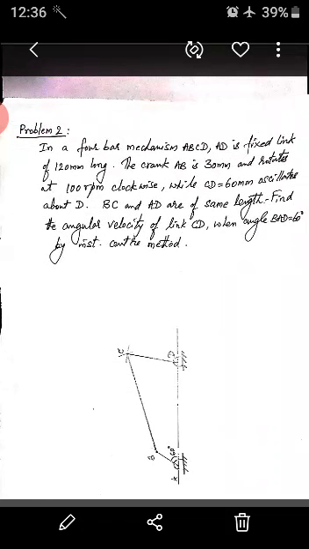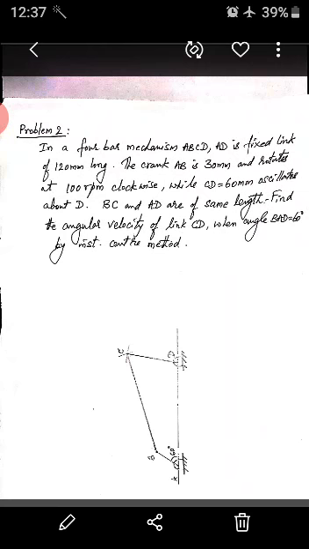Then keep the compass at B and draw an arc of 60 mm. Take one more compass, keep it at point D, and the length of CD is how much? 60. 60 means you take 30 in your compass. When these two compass arcs meet, you will get point C. So to draw the space diagram, you should use the compass. Once you draw the space diagram, getting the instantaneous center is very easy. See, now we go to the next slide. Drawing the space diagram, are there any doubts? It's very clear, because most of the time the figure will not be given. You should understand the question and draw the figure, and it is not very difficult also.